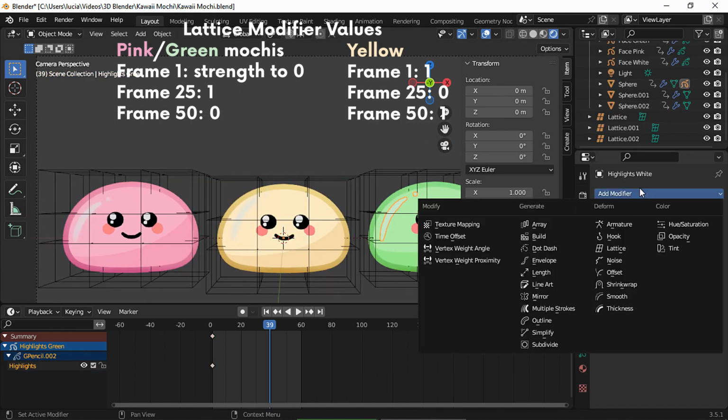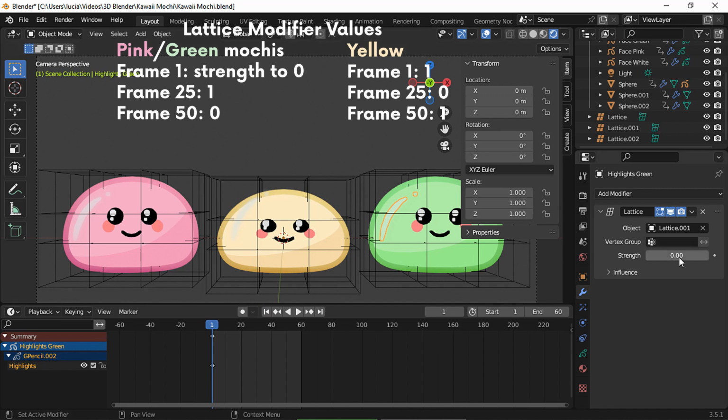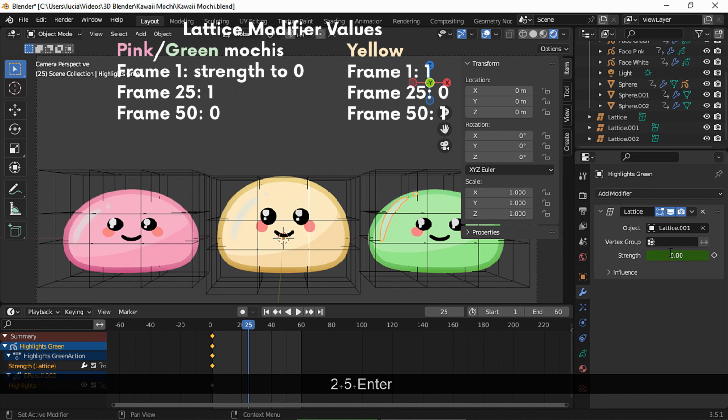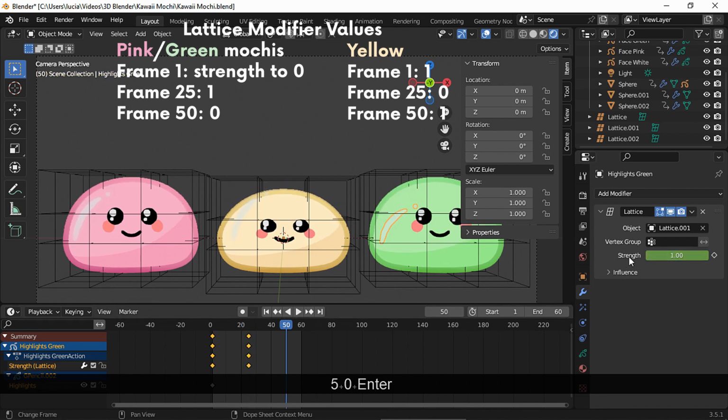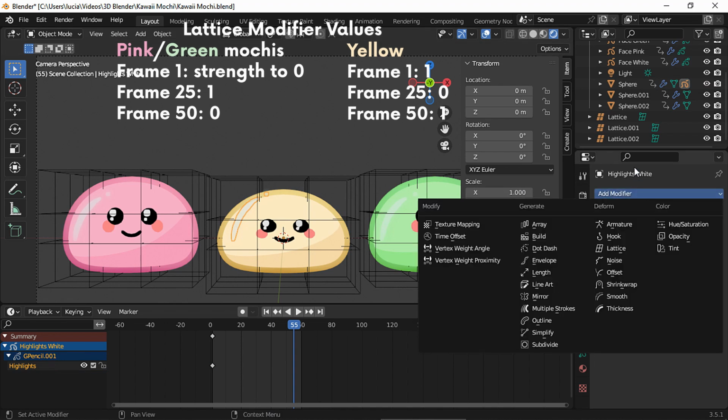Now let's do the same with this one. And finally, let's do the same with this highlight.